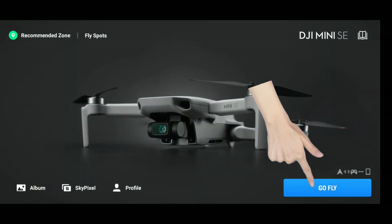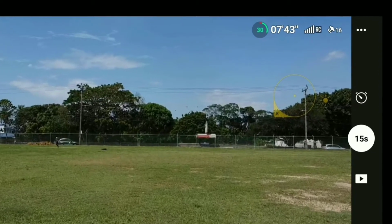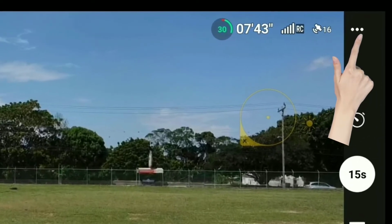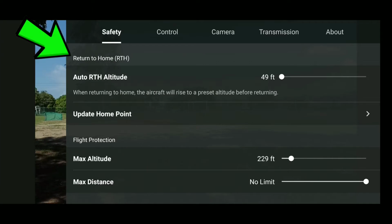As usual, we start by opening our DJI Fly app and we tap Go Fly so that we can access the other menus. To access the safety menu, you want to click the three dots located to the upper right corner. So we're now in the safety menu, and the first thing that we have to look at is the